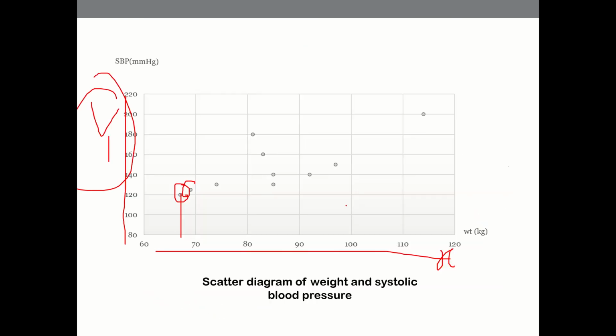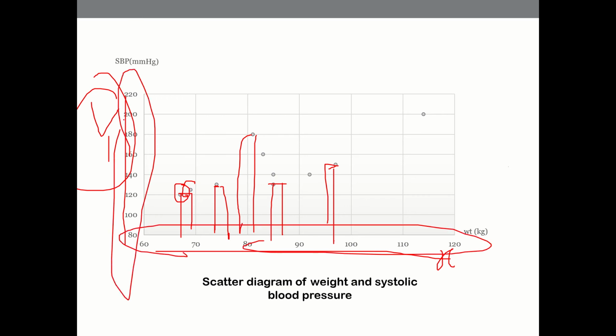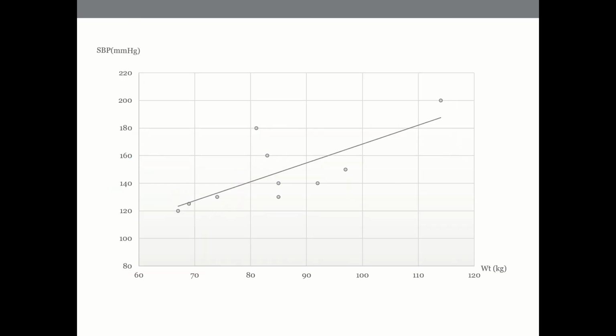Okay, now this we have already done. In fact, we did this in the initial case as well, where we tried to draw a bar diagram for the two variables. Now the real question is, is there a relationship between this x variable and y variable? And that can be understood through correlation.